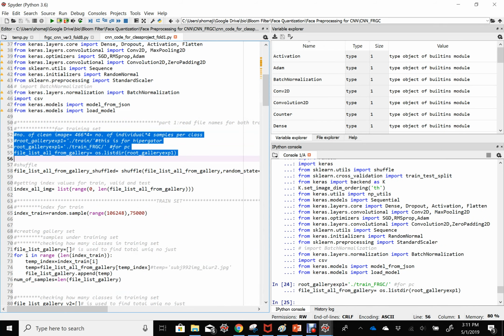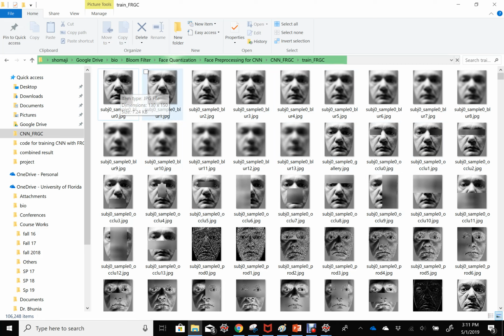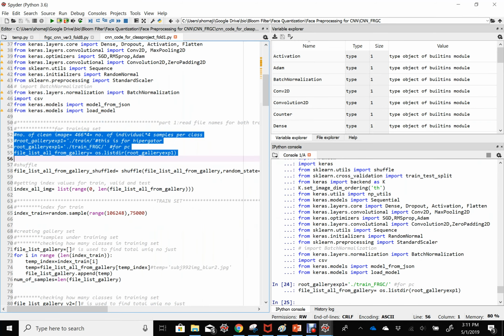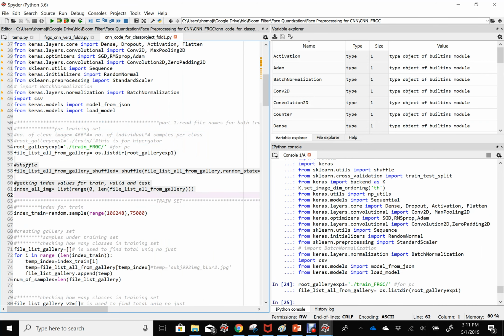I have named that as train FRGC, and this is the dataset called train FRGC. This is how it looks. As I told earlier, I created multiple synthetic images by blocking, sharpening or blurring one image. So this is how I came up with this big dataset. So I just imported that now, and then I'm going to shuffle all the data set, because whenever you read